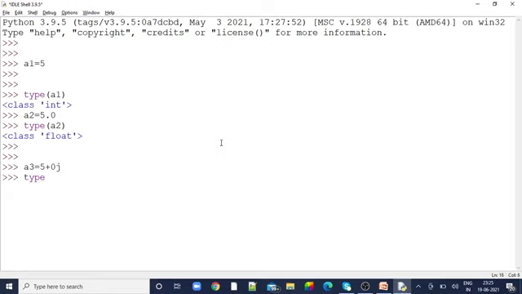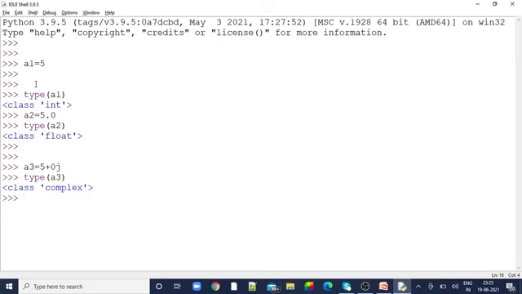Now what is the type of a3? This is complex. A complex number, in mathematical notation, whenever the square root of -1 comes, we define it as an imaginary number. We use the term i, and in Python, we use the term j.